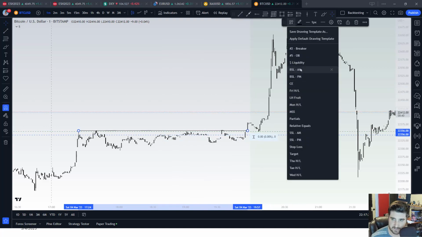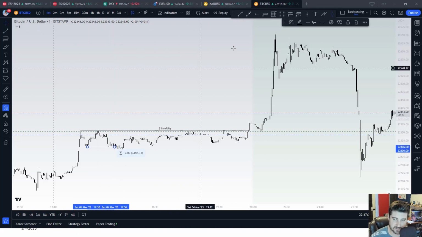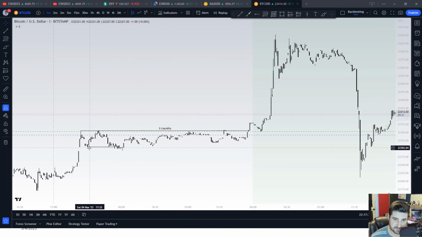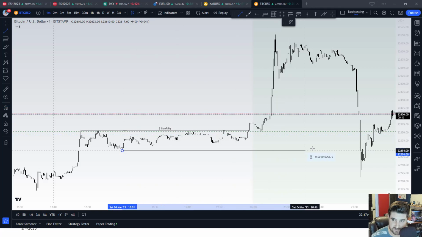All that was liquidity that was really high right there. Price came up. People wanted to take a breakout possibly. Came back down. If they had a stop loss right here, guess what? Got taken out. That's the liquidity point. People thought it was going to break out. If they had a stop loss here,